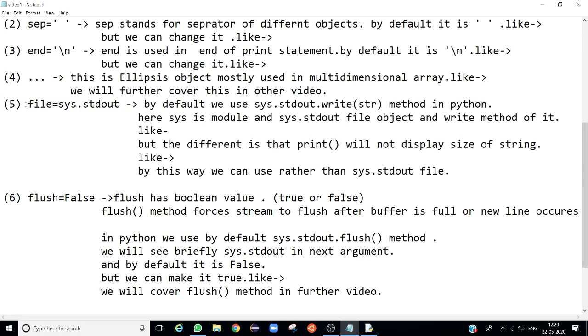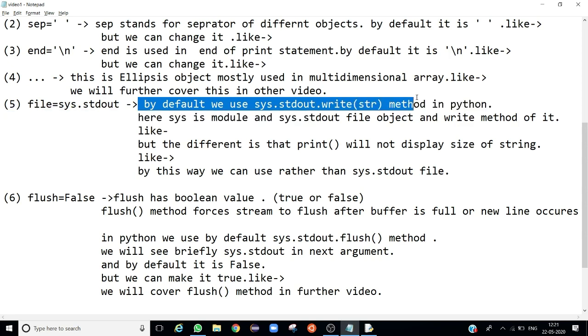The fifth argument of the print function is file. By default, we use the sys.stdout file object in the print argument. We use the write method of the sys.stdout file object in Python. Let me show you this method.